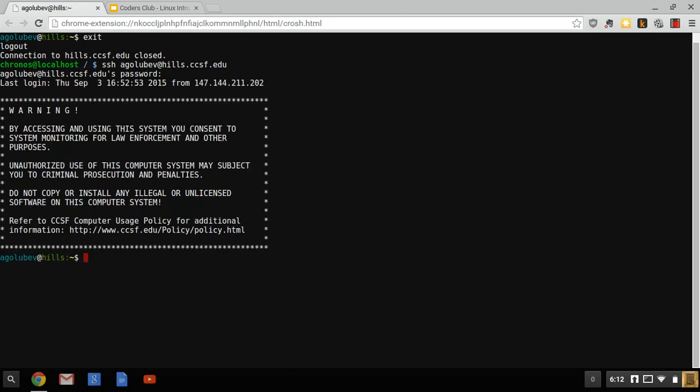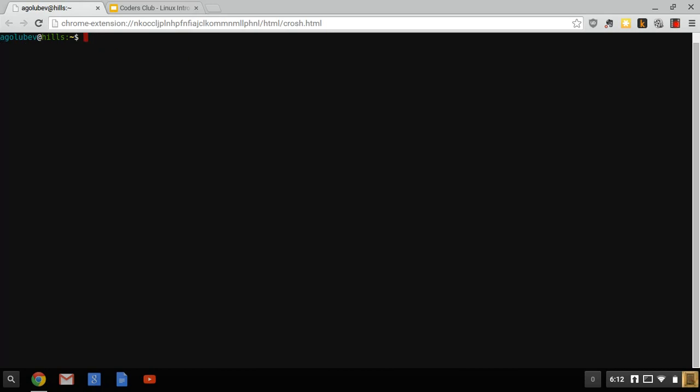Yeah, so whenever you are in a Linux system, right now, it placed me in my home directory. It's really hard to see. Yeah, so you can see that little tilde. It means I'm in my home directory. I can type pwd, and it says that I'm in my home directory.